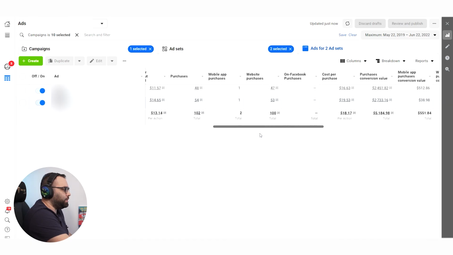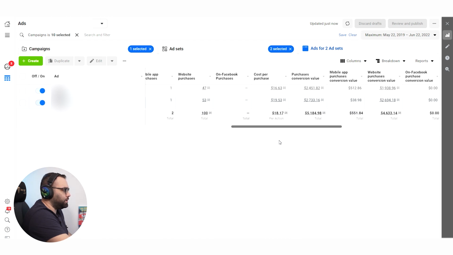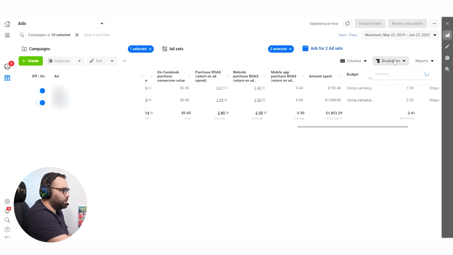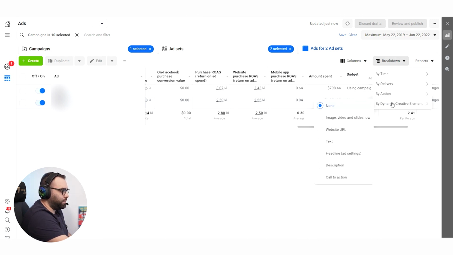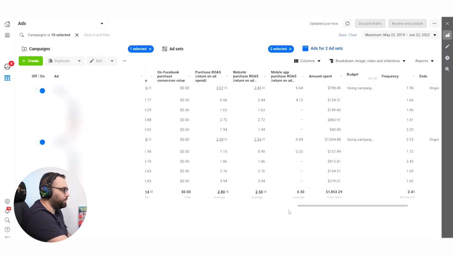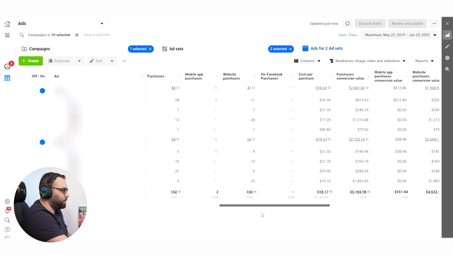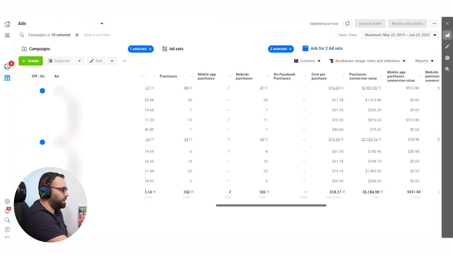So let me refresh your memory a little bit on how we can see which creatives are actually working very well with our dynamic ads. I just handpicked 2 ad sets that have very good sales over here, 48 and 54 sales. What you can do is go to breakdown by dynamic creative element and go to images, okay? And here you can see which of the creatives brought most of the sales. We can see that here we have 1, 2, 3, okay? This one has just 1, we're just going to ignore it. In this case, we have 5 and 5. We're going to take these 2.